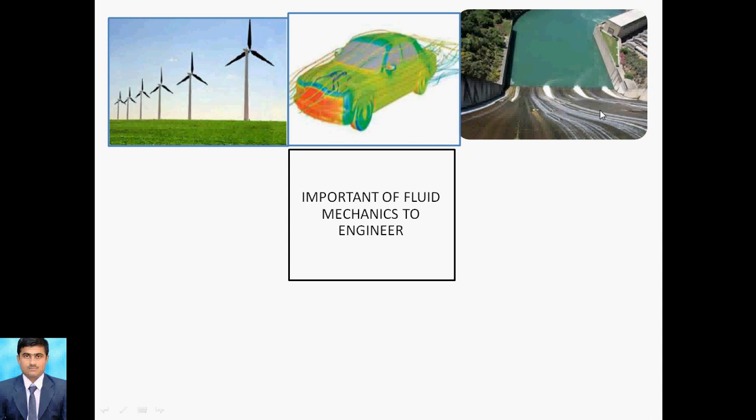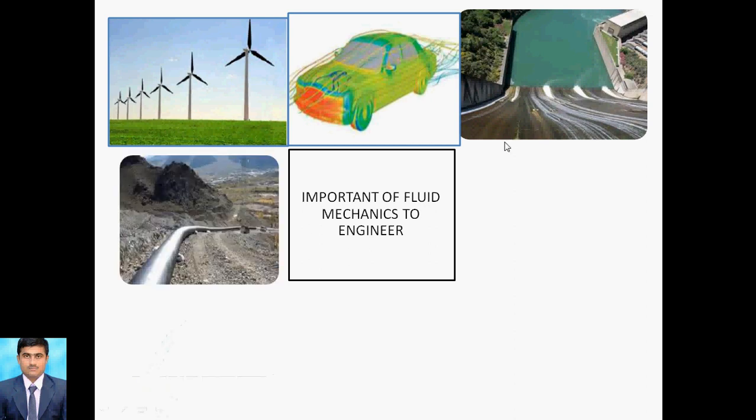So we can identify the rate of flow from this application. This is regarding the fluid mechanics application. The next is regarding the diameter of pipe. When a long pipe is there, different losses will be there. Different losses we can measure with the help we can take from fluid mechanics.